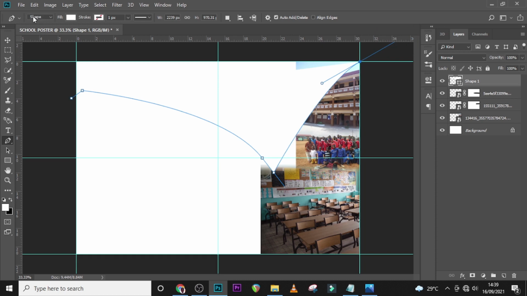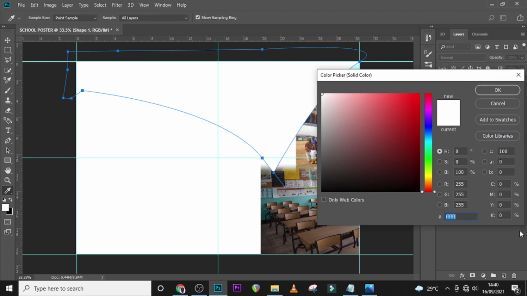Now also make sure I started with the shape over here. So when you click the pen tool, make sure here is shape. If there's no shape, start all over again, set here to shape, and then do that, and then also set the fill to white or any color, and then do whatever you have to do. Alright, so I'll double click it and I'll select this particular color,